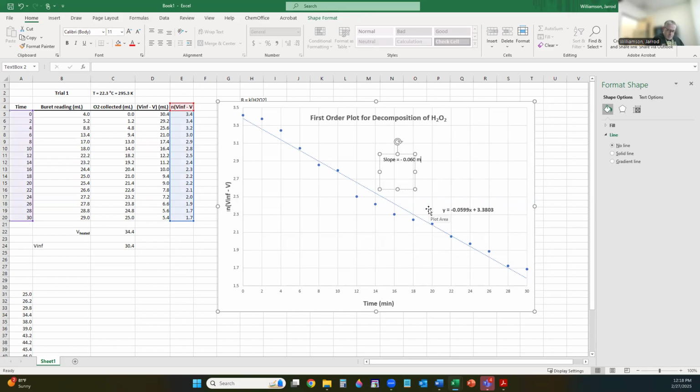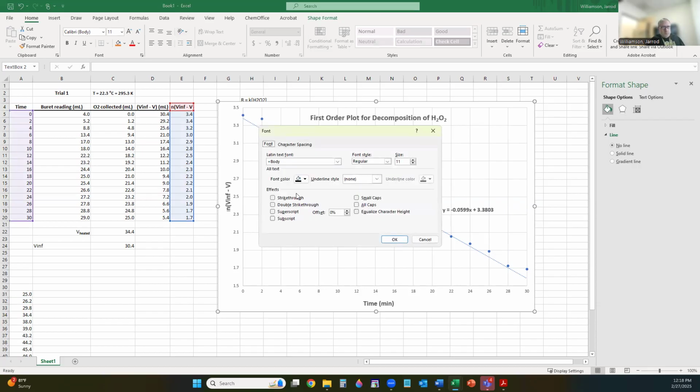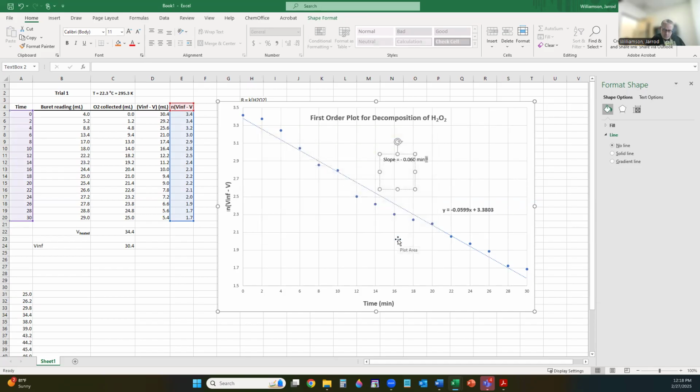So I'm going to write minutes to the -1 power, and I can superscript that. Right? And then I can go, therefore, K